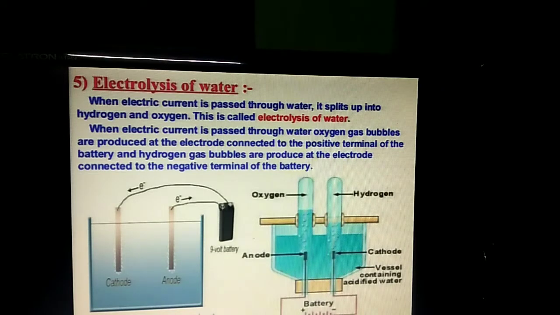Now, the electrolysis process is also used for the extraction of metals from their ores and also for refining the metals. Electrolysis of common salt solution decomposes it into sodium metal and chlorine gas. This process is thus used in the manufacturing of chlorine gas. It also finds wide use in electroplating.